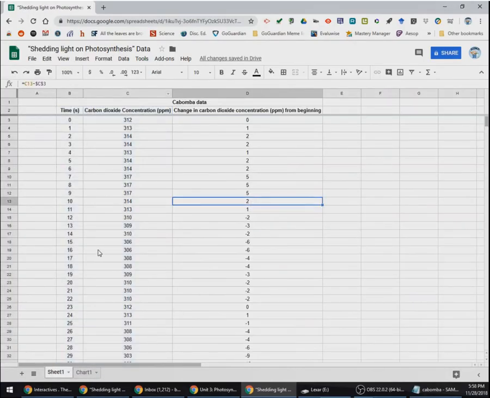Coming back to this data that I have here, what I'd also recommend doing is on the whole class data, then you're going to add the basic information that you put together here. So the basic information for this group would be what condition, so that's the color of light, what was the change in concentration,